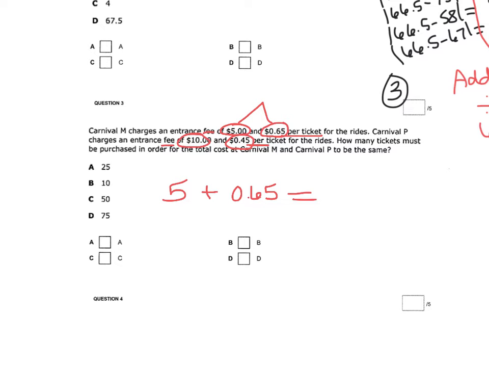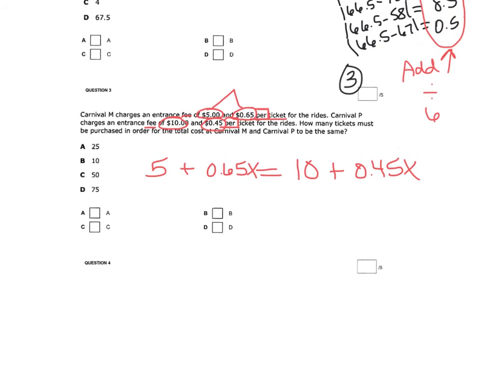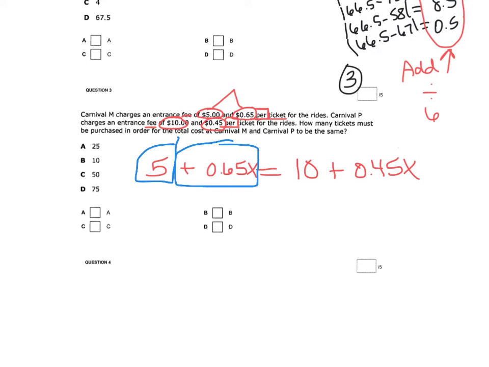So I need to figure out which of these has the variable on it. So it should be the one that has per next to it. We look for those keywords like per, each, every. So 0.65 should have my x. So in that case, I've got 10 plus on my next line 0.45x. Okay, and we have to go through and solve. So I've got 5,